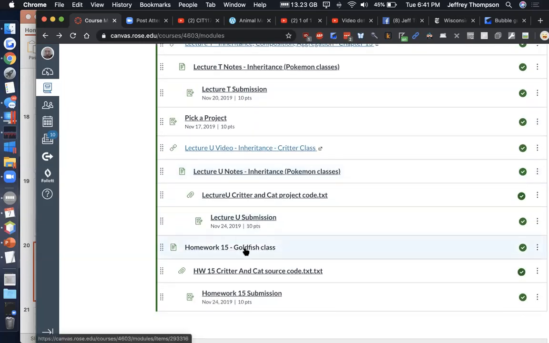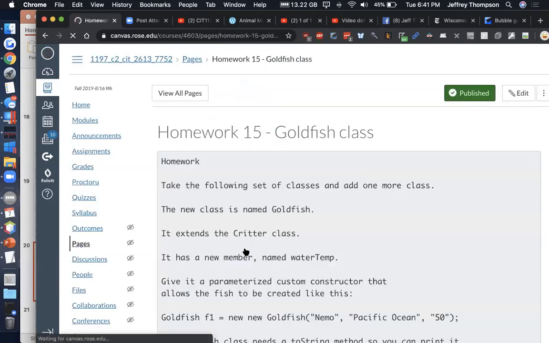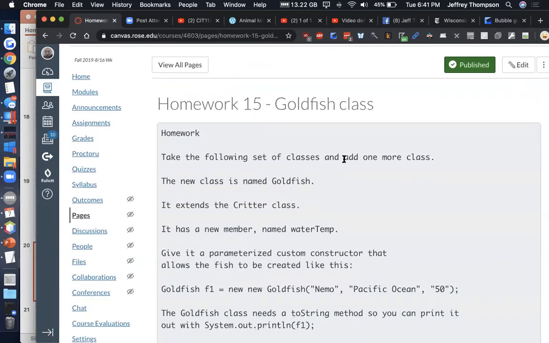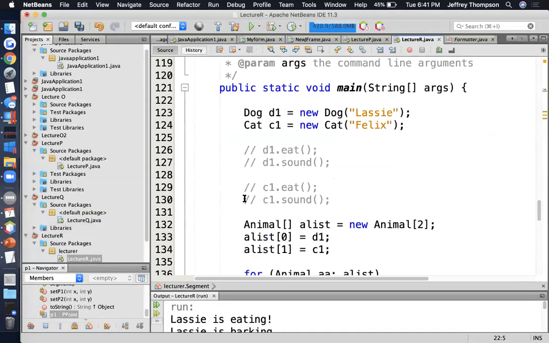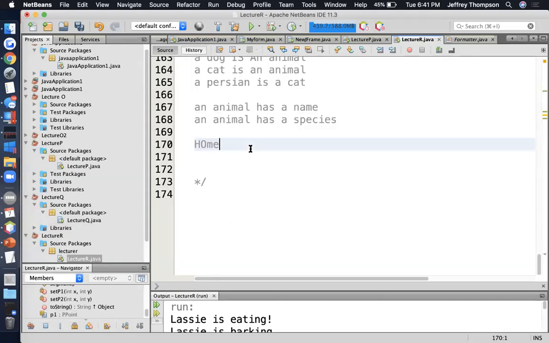All right, let's look at the goldfish class assignment. See if that makes any sense to assign. Take the following set of classes and add one more class. The new class is called goldfish. It extends the critter class. Sounds like I did the same example. It has a new member called water temp. Give it a parameterized custom constructor that allows the fish to be created like that. All righty. So that's a good enough idea. Let me go back here and note that the homework